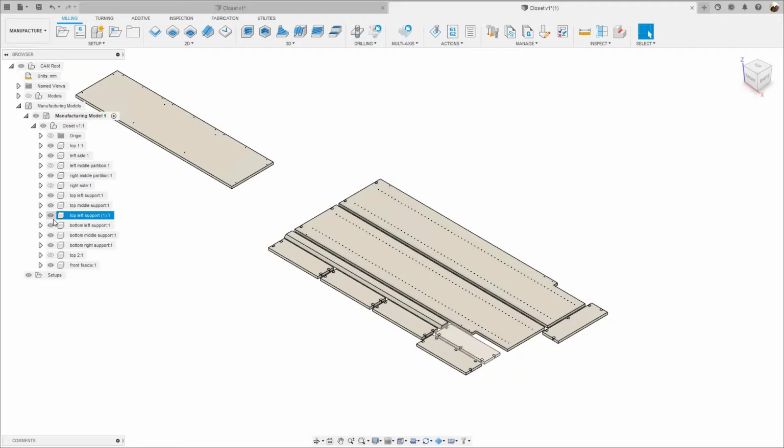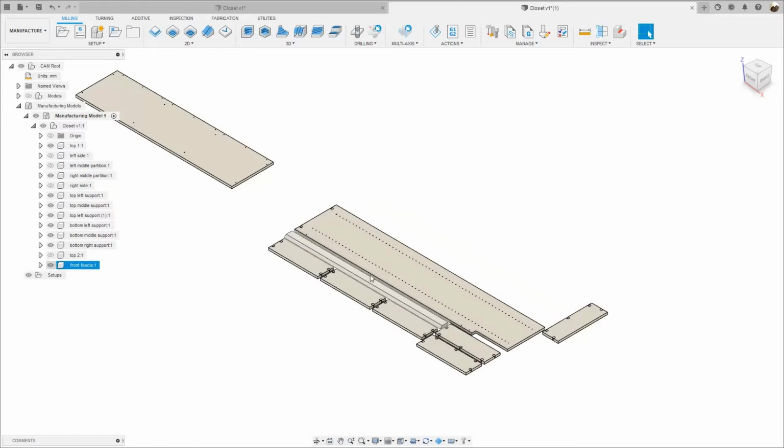What else? I don't need the left side. I don't need this guy. I don't need the front fascia. I don't need the top middle support, that as well. Okay, and I'm gonna hide this bottom middle support